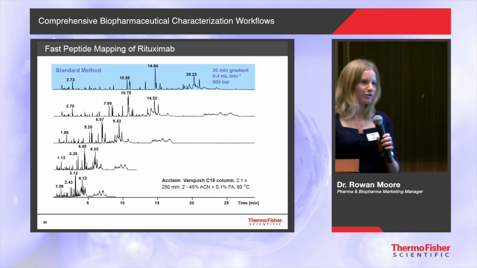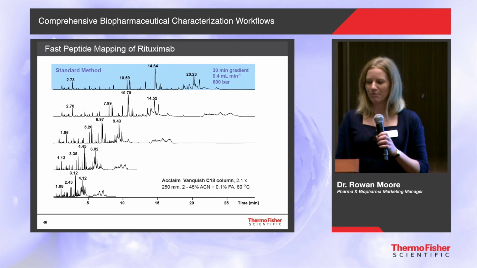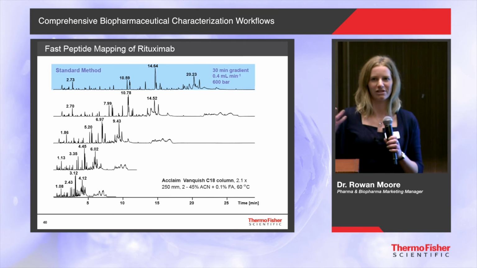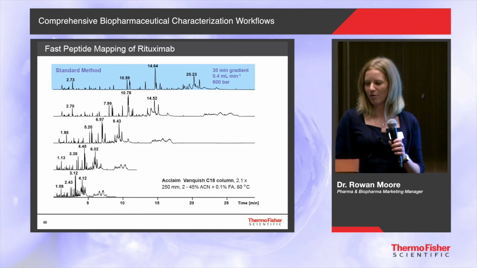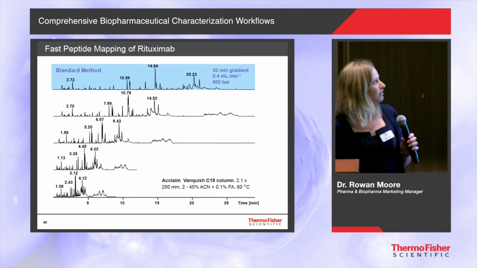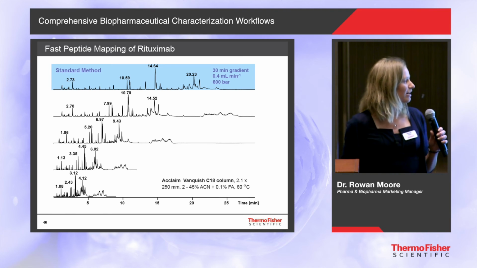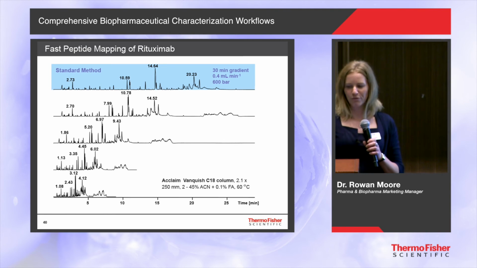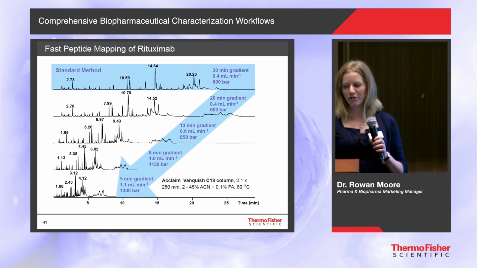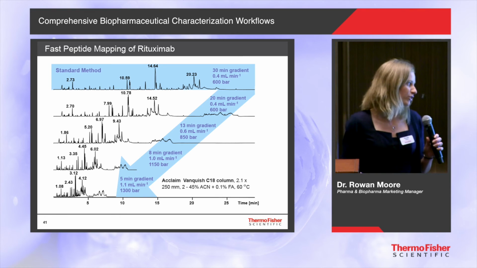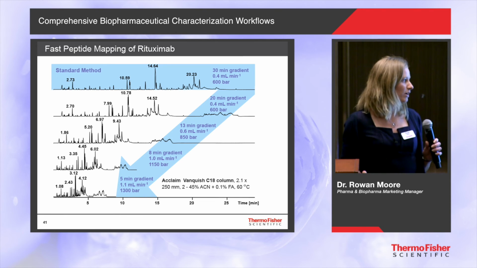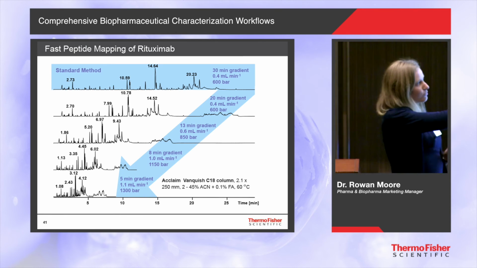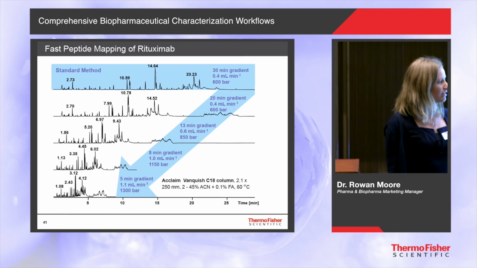Now we wanted to push the Vanquish system and see what we could really achieve with our peptide maps. Peptide mapping is reputedly quite a long separation process. Gradients of an hour or more are not uncommon. So we took a standard 30-minute gradient, which looks quite nice, and we said, how fast can we push this? Through a combination of increasing the flow rate and shortening the gradient, we were able to achieve a really short 5-minute gradient on the Vanquish Horizon system. This gave a back pressure of 1300 bar. The Vanquish Flex system would easily be able to achieve the 13-minute gradient that you see in the middle there